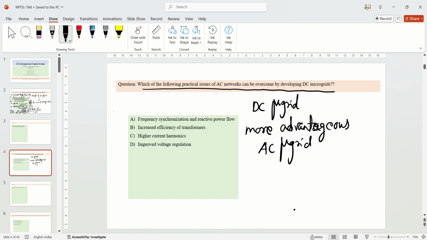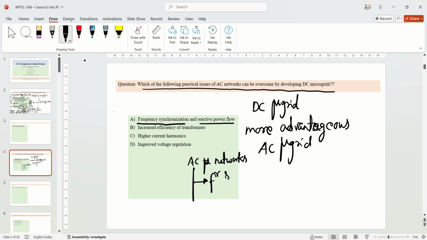Okay, let me give the answer for this. I will give the time for the next question. So if we look at the practical issues with the AC grid, some of the issues are related to frequency synchronization and reactive power flow. When you go into the AC microgrid system or AC networks, you have this issue of